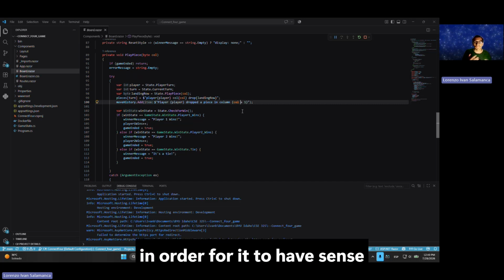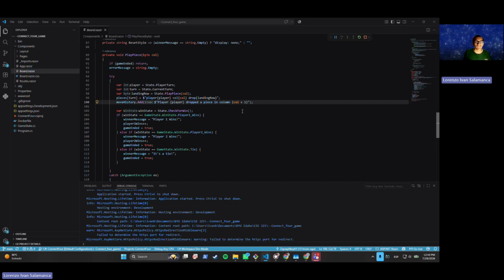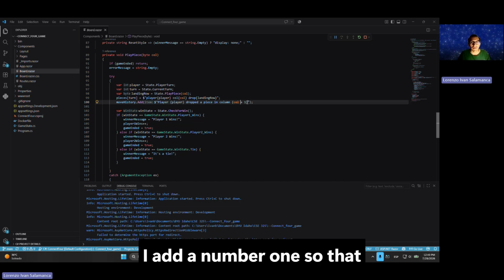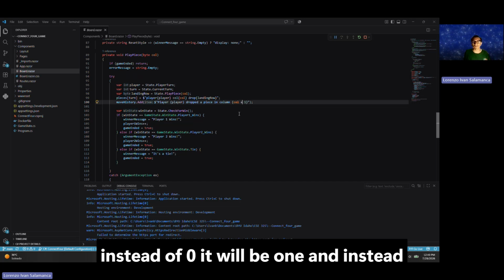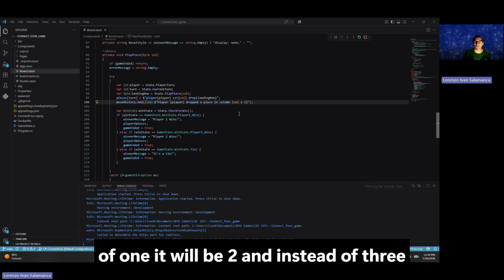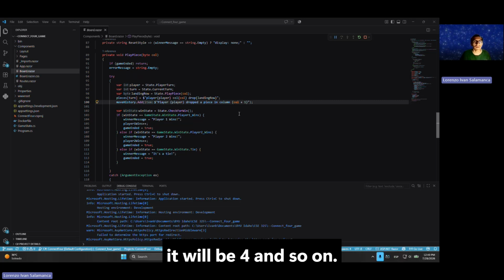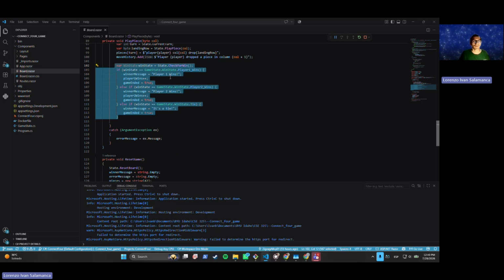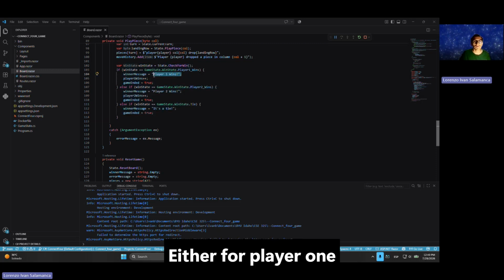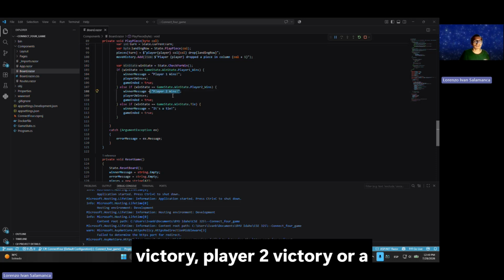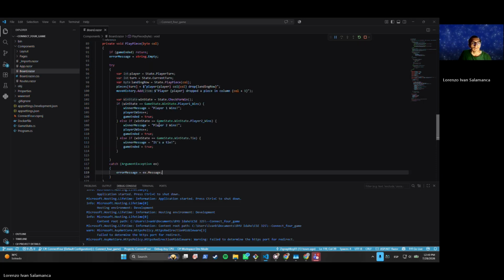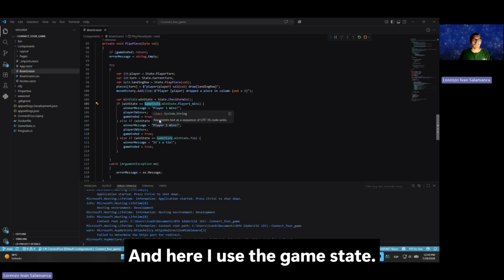So in order for it to make sense in the UI display, I add number 1, so that instead of 0 it will be 1, and instead of 1 it will be 2, and instead of 3 it will be 4, and so on. These are the messages, either for player 1 victory, player 2 victory, or a tie. And here I use the game state,